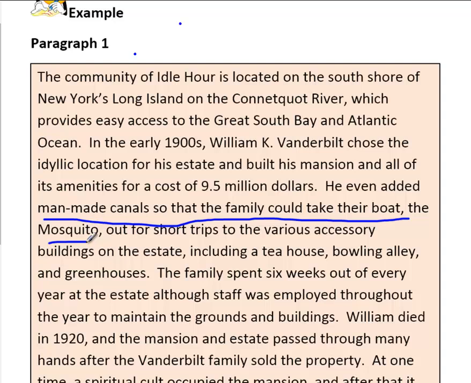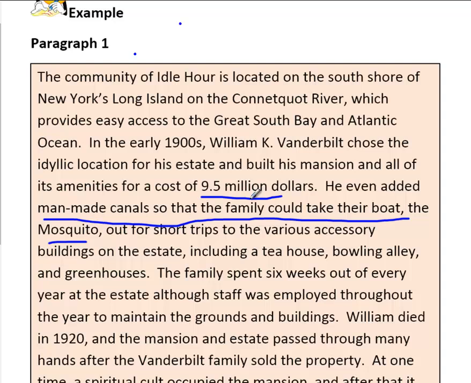All right, statement number 2 said William K. Vanderbilt had financial difficulties. Nothing in the passage suggests this. If anything, William K. Vanderbilt was probably a very wealthy man. My background knowledge tells me that I've heard the Vanderbilt name before, and I have heard it associated with money. And the facts in the story tell me that he built a mansion for $9.5 million. That would be a lot of money by today's standards, so it must have made him very well off back in the early 1900s. So I would say no here. I don't think that William K. Vanderbilt had financial difficulties. I do think that statement 3 is a logical inference.